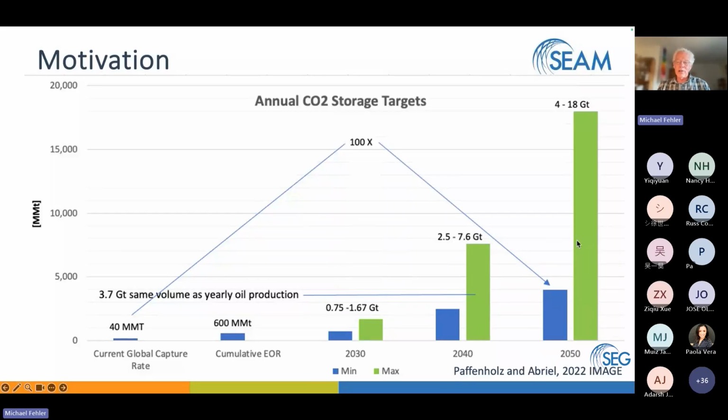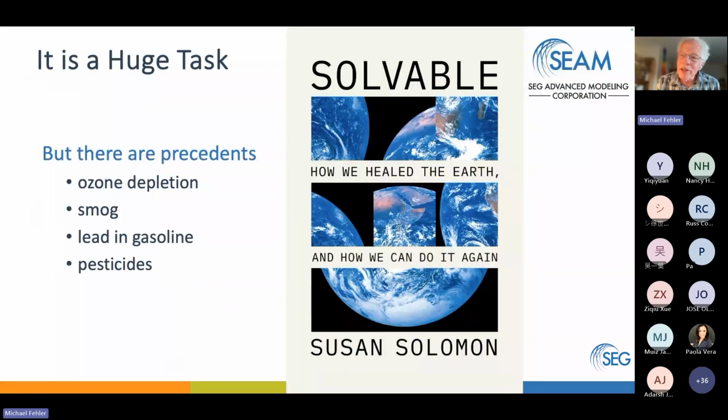It's a huge challenge. I went to a workshop on gigaton CO2 sequestration in Golden last summer, and I came back from it pretty discouraged by the magnitude of the problem. And this is kind of a brief advertisement, really, for a book that I read a review of when I got back from Golden. I read it and I found it really encouraging.